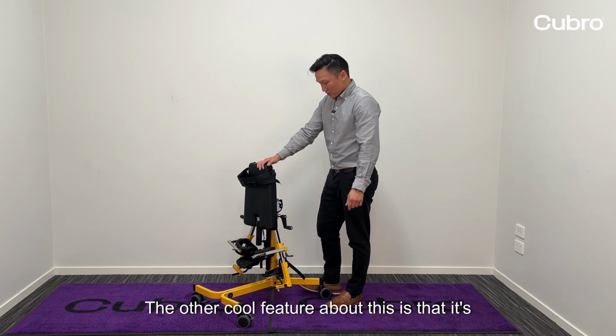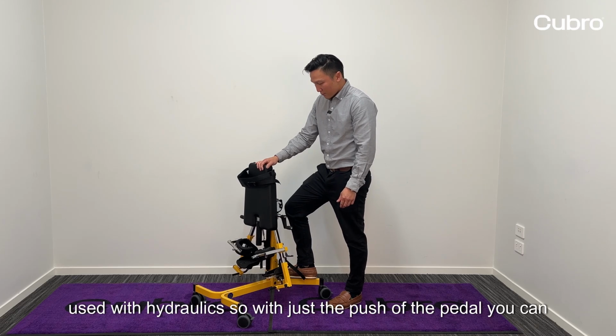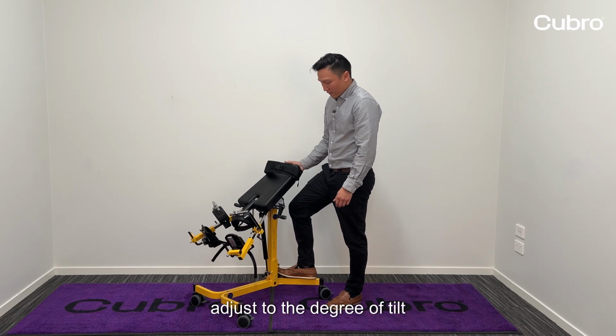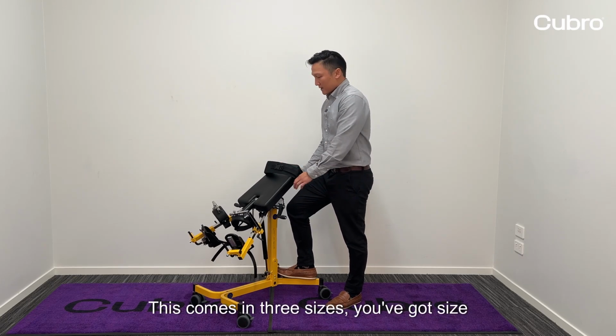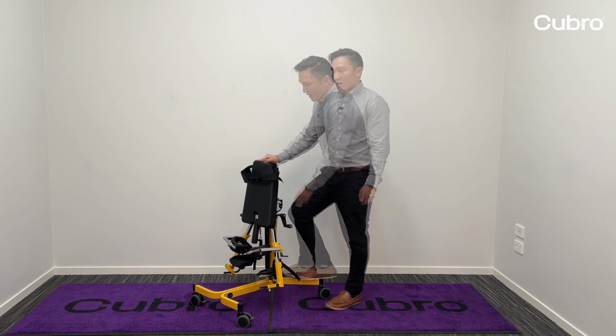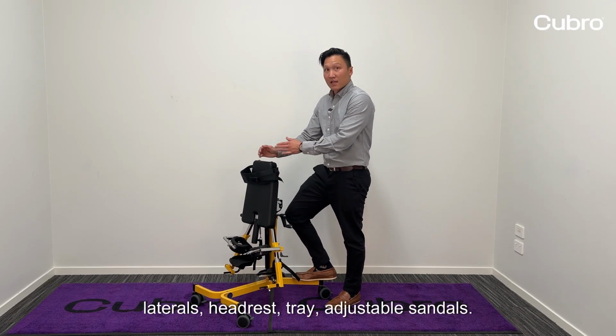The other cool feature about this is that it's used with hydraulics, so with just the push of the pedal, you can adjust to the degree of tilt that you're wanting for your client. This comes in 3 sizes. We've got size 1, 2 and 3, and it comes with a large range of accessories such as laterals, headrests,